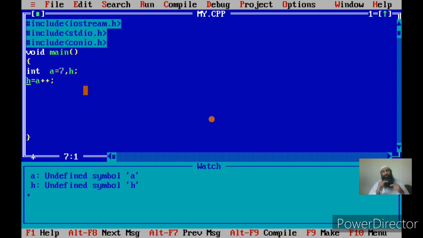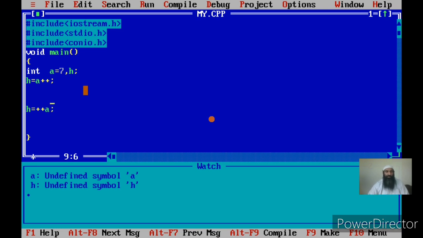So incrementation will be performed on the A in both cases, whether you are using it in a pre-incrementation form or post-incrementation form. It is something like this: H equal to plus plus A.